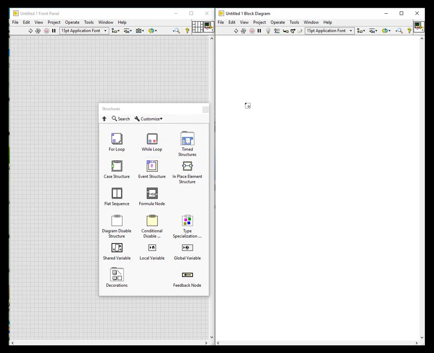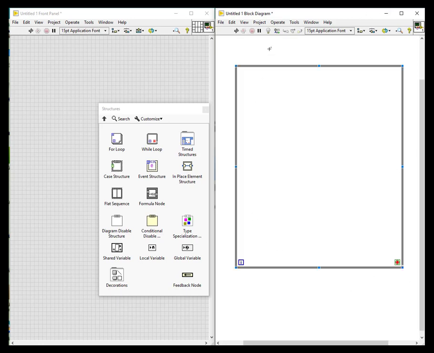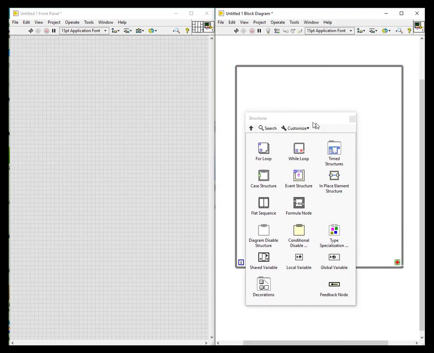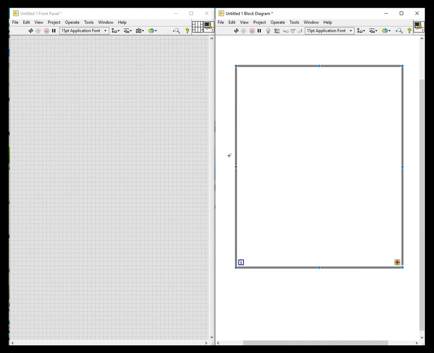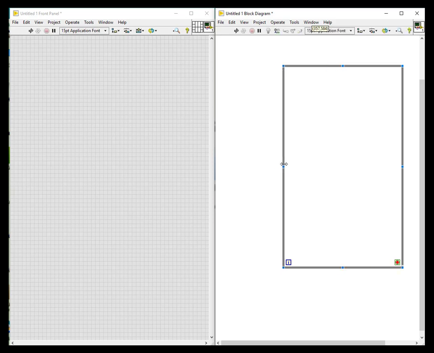Just click on the while loop and you will get a cursor like this. Drag your cursor by holding your left button, and you will have this type of box, and this will make a while loop. To utilize this while loop, we need inputs and outputs. The while loop runs the entire program inside it n number of times, infinitely, until and unless you give a stop command here. That means you have to give some input to this.